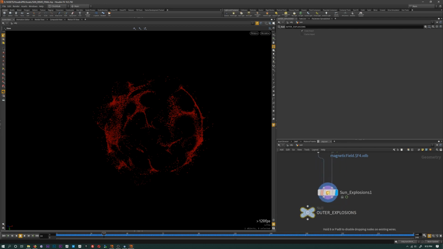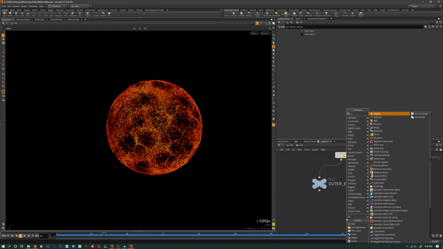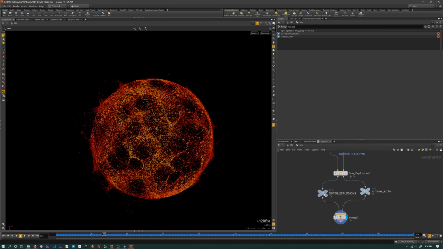explosions, and the other output is the surface explosions, or the base of the explosions. If you want to see them together, it's like this. Let's do something to have a better visual representation of what will be